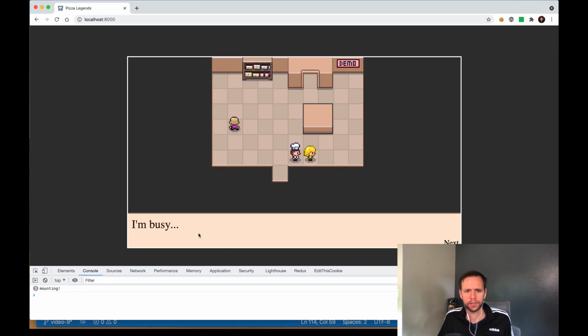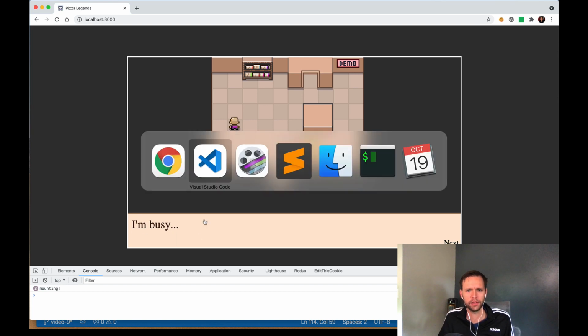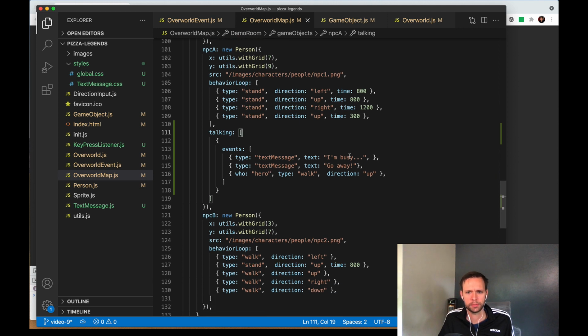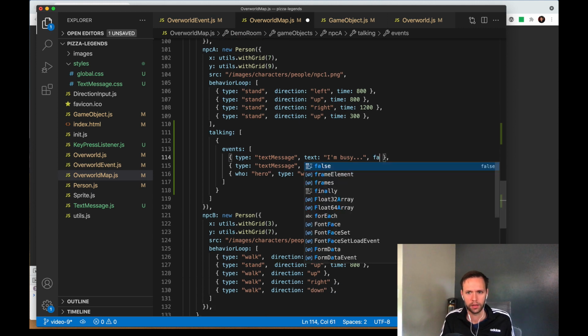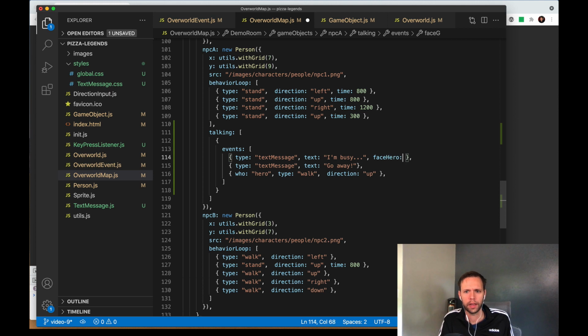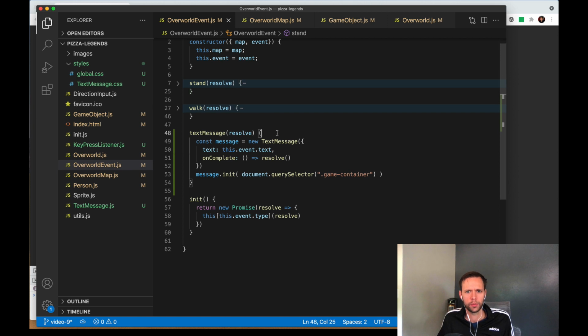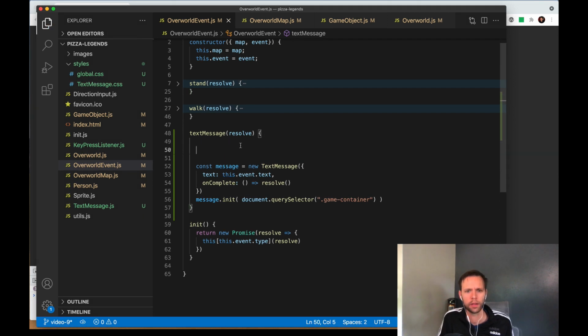So in order to achieve this, we're going to add a little bit of extra detail to just this first message command. So I'll come back to the content here. In this NPC's talking events, this first text message, we're going to add face hero and then the ID of the person that should face the hero. In this case, it's going to be NPC A. Now, when we handle this event in Overworld Events, we can add a little check here. So we'll say if